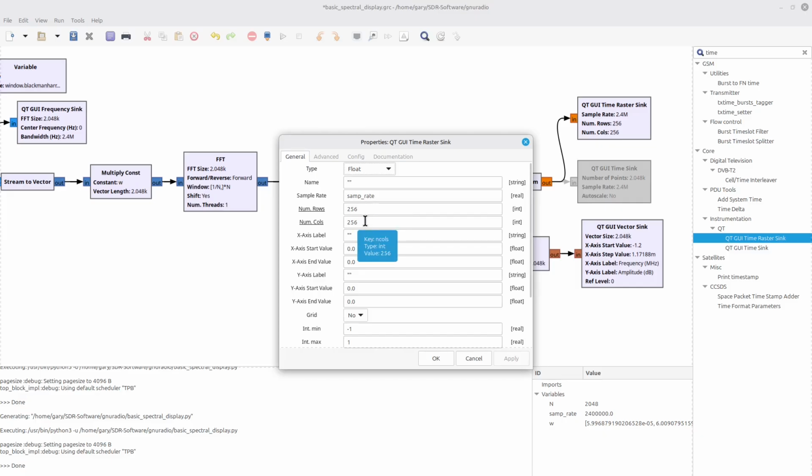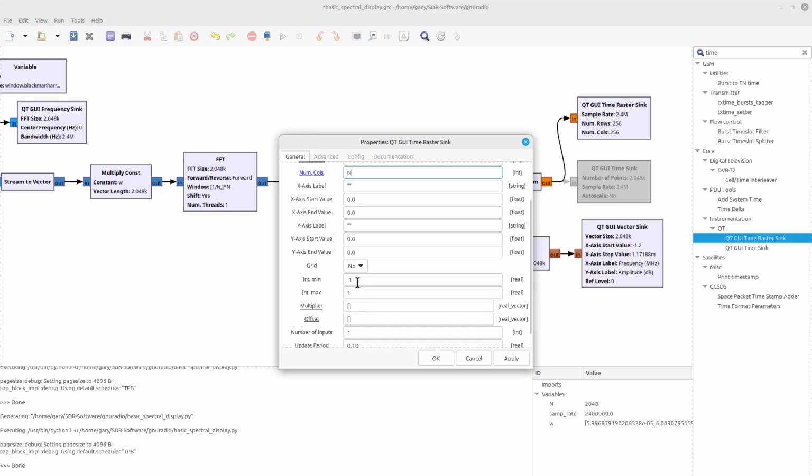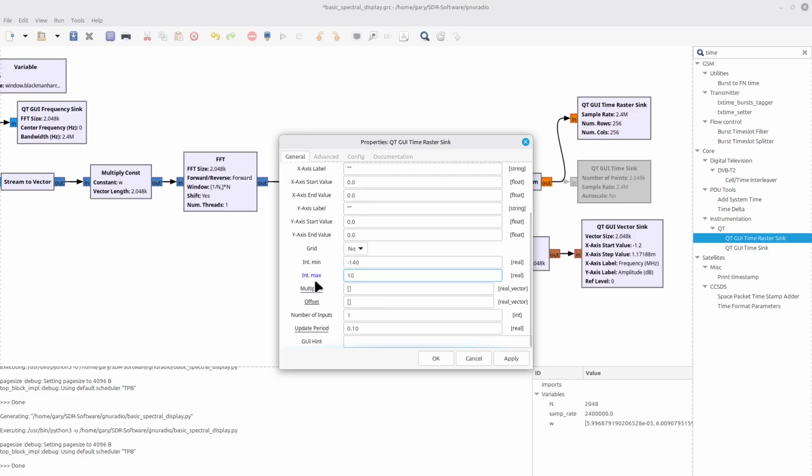Number of rows, keep that the same. The number of columns, however, I'm going to change to capital N. The other change that I'm going to make is the minimum. I'm going to set it -140, the maximum at 10. That means it's the same as the vector sync, as our frequency sync. Everything else I'm going to go ahead and leave the same.